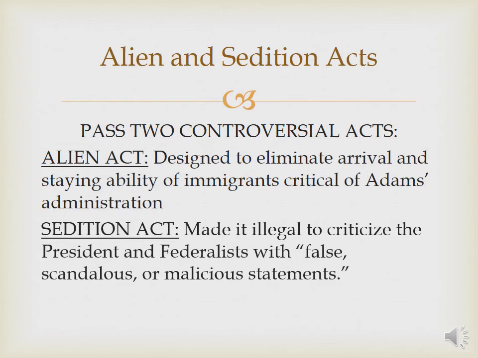we've talked about slander and libel before. You can't make up lies and spread them through social media or in the newspaper. That would be libel. You can't make up lies about somebody that harm their character. Same thing with slander. You can't spread spoken lies about somebody. So the Sedition Act is along those lines, but it's also unconstitutional because everyone has the freedom of speech.